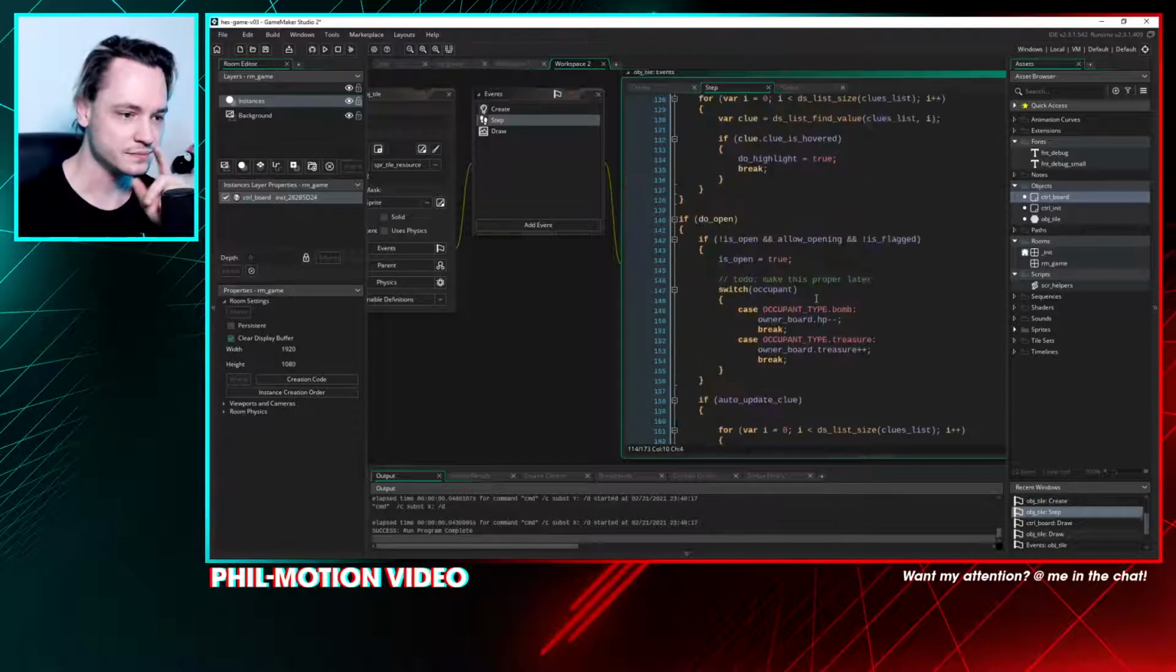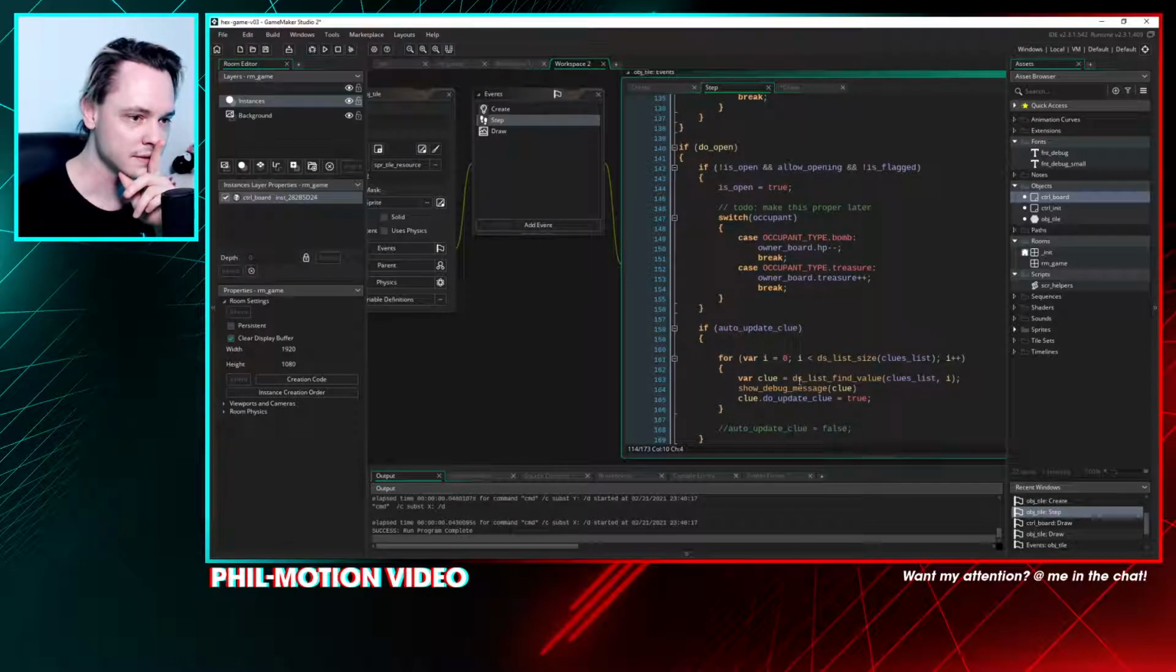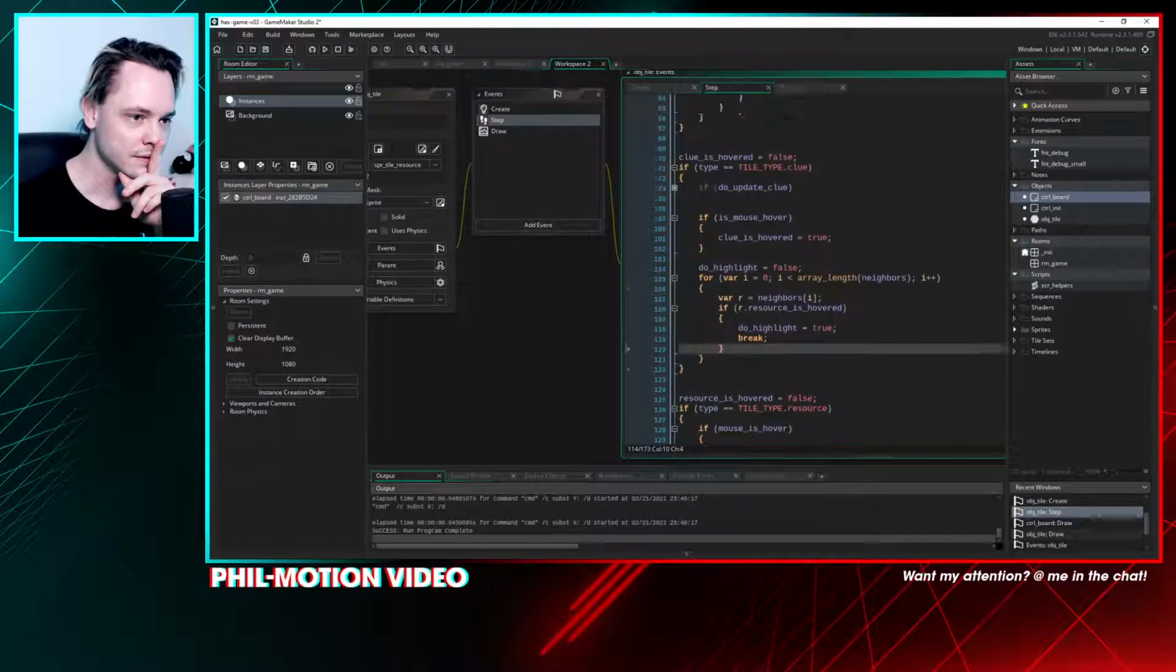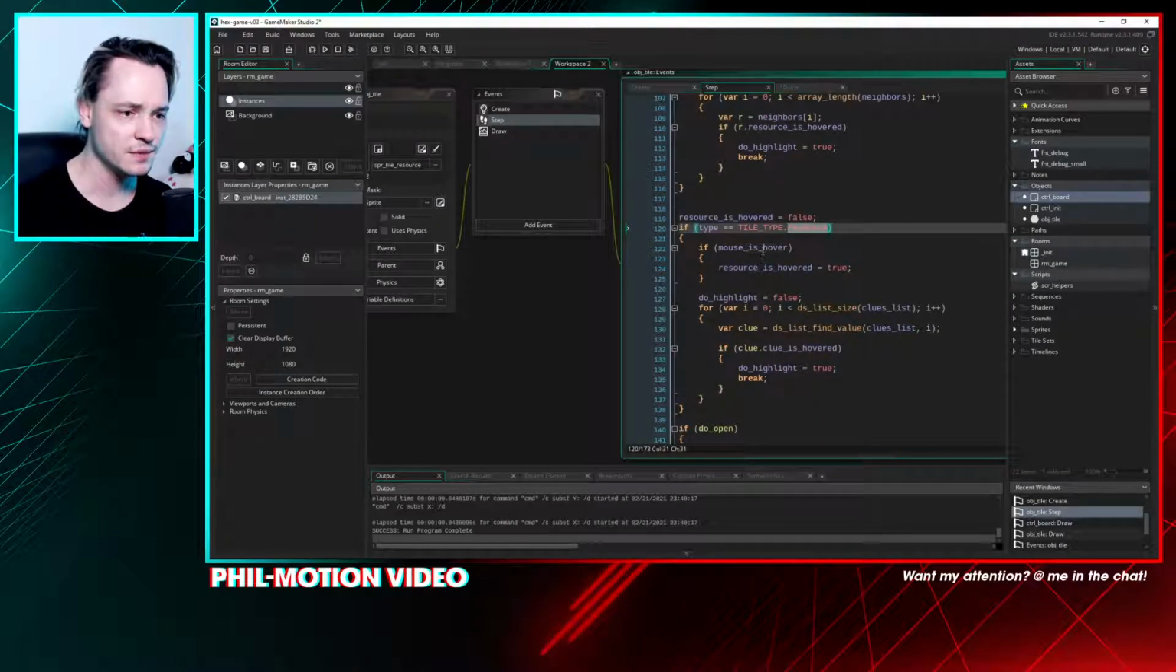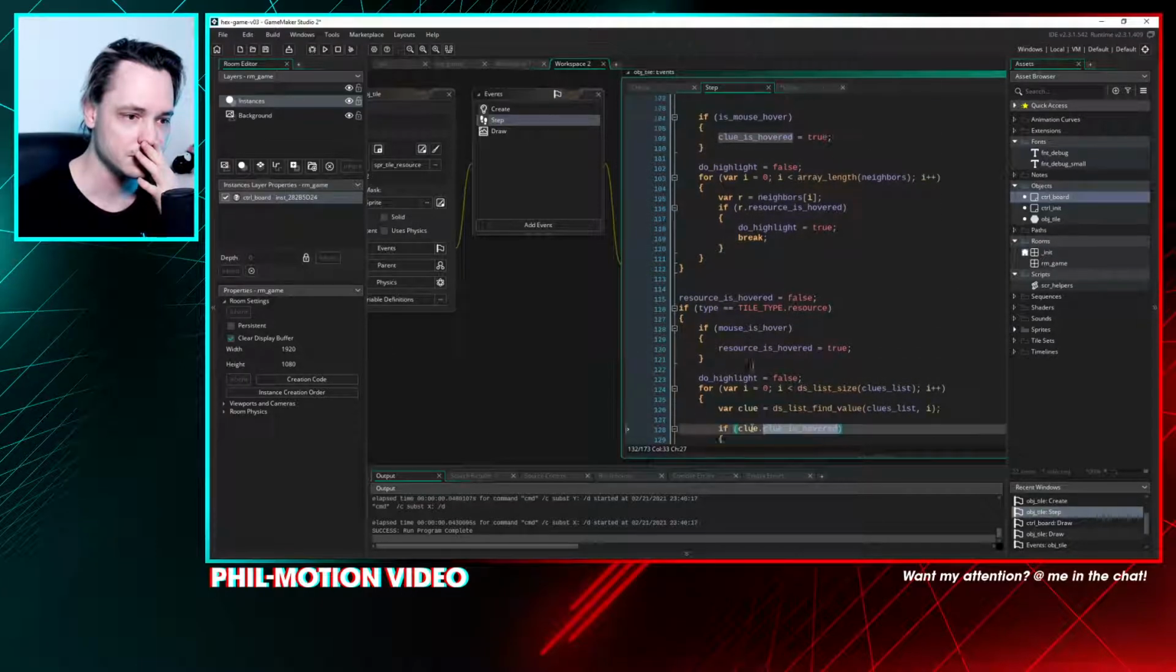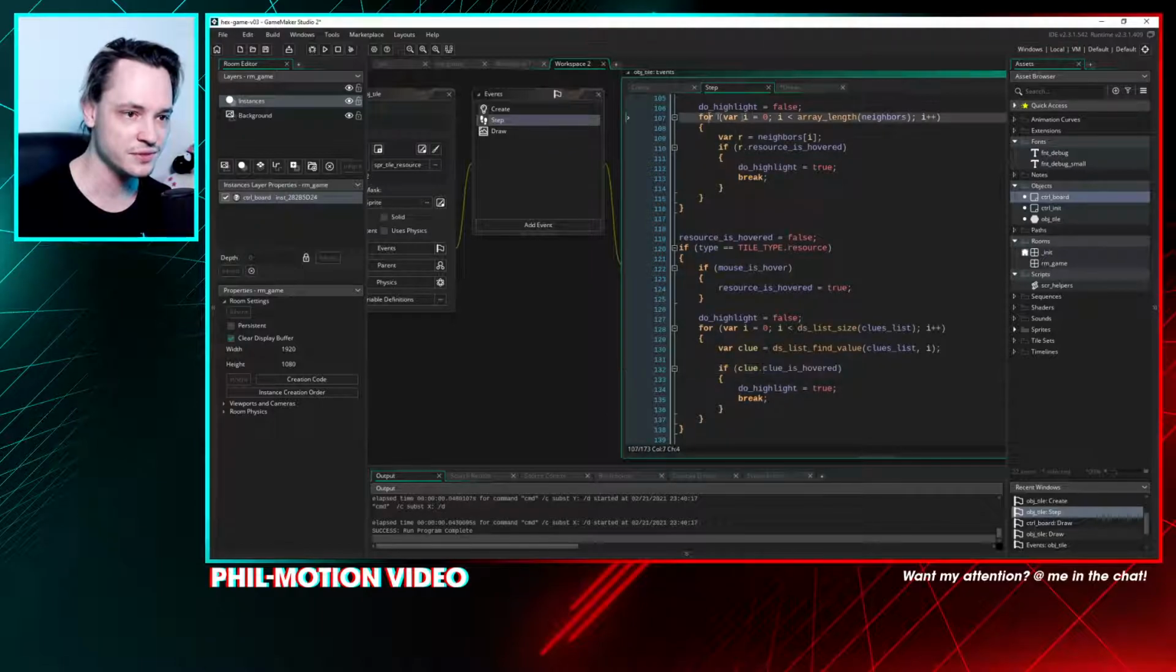So again, if is of type resource, right? And you hover the mouse, then resource is hovered equals true. Otherwise, this will always be false. And we do the highlight when one of the clues is hovered. I'm just comparing this code with here. Array length neighbors, I++. We get a neighbor. Right, and if the resource is hovered equals true, do the